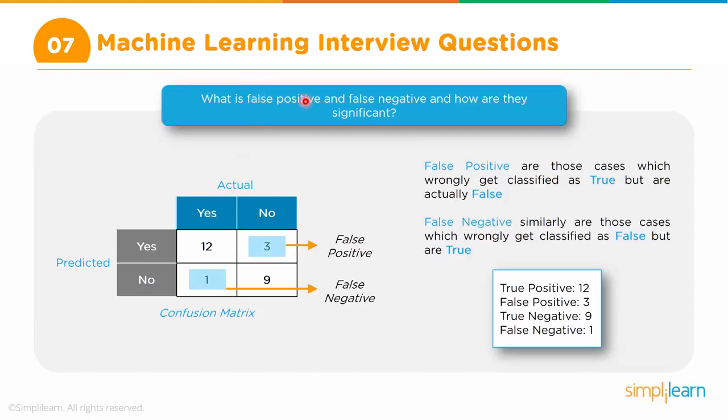So true in case of actual is yes, right? So true positive is this one. Now we are talking about true negative. Negative is this one, and the true comes from here. So 9 is true negative. The actual value is also negative and the predicted value is also negative. So that is the way you need to explain the terms false positive, false negative, and true positive,